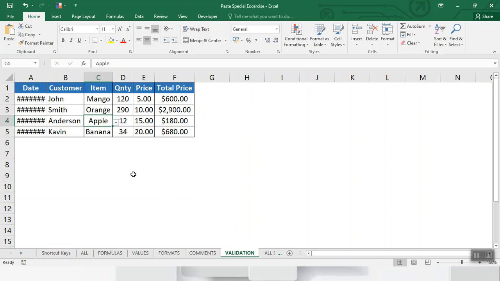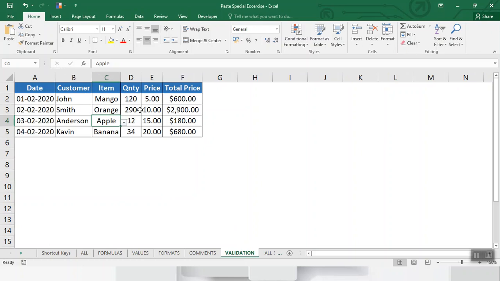To paste only the data validation, here is a data validation. This is a list like kiwi, banana, and mango. So if you want to take the data validation setting to another cell, you can simply copy all the cells or a single cell.